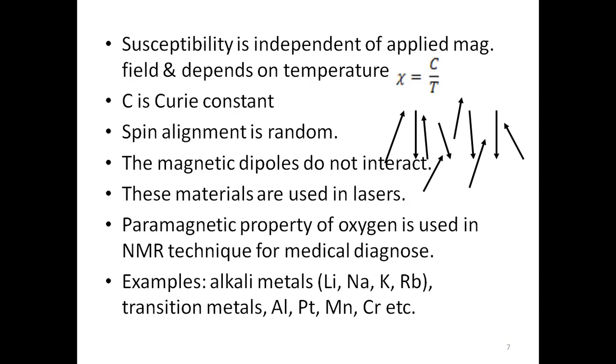One difference is that the susceptibility value is independent of the temperature. In the case of diamagnetic material, the susceptibility value is completely dependent, and you can see that it is inversely proportional to the temperature. And also the magnetic lines of force, in the case of diamagnetic material, are expelled. They do not travel inside the magnet, but are expelled out of the magnet.